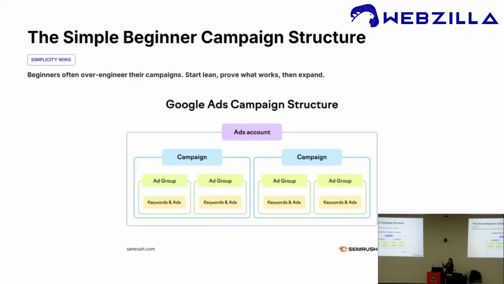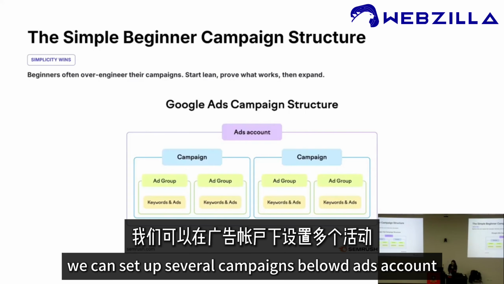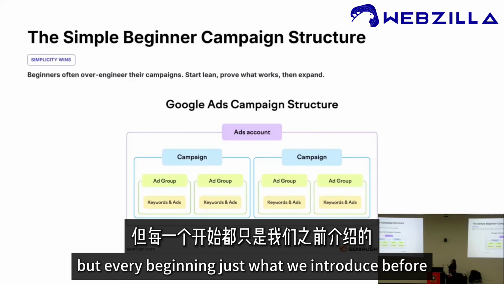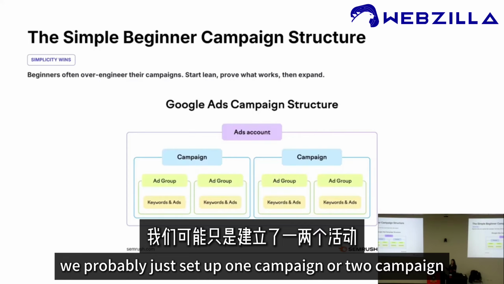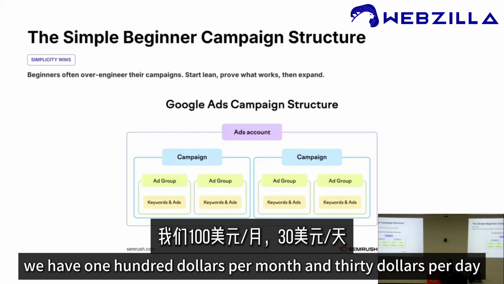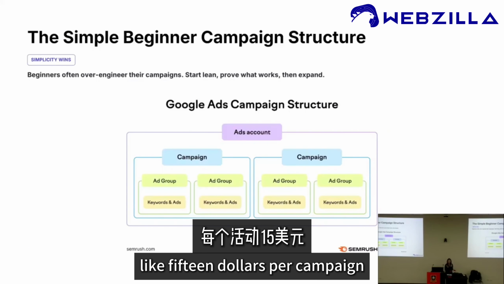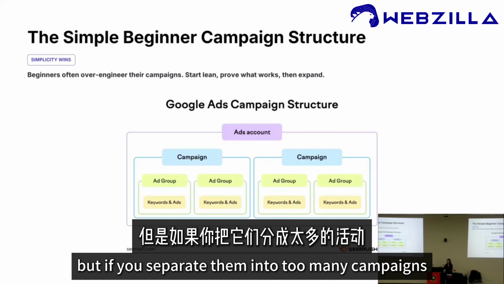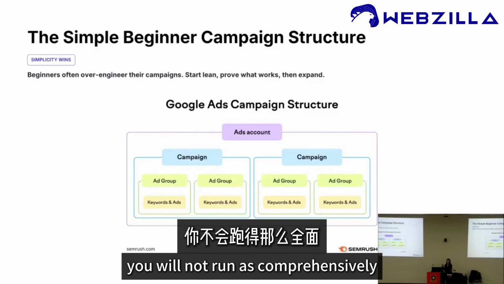For example, the audiences. So the second part is inside this account, we have the campaigns. We can set up several campaigns below the ads account. But at the very beginning, just what we introduced before, simplify will always wins. We probably just set up 1 campaign or 2 campaigns. For example, we have $100 per month and $30 per day. We probably want to separate them into 2 campaigns, like $15 per campaign. But if you separate them into too many campaigns, like only $2 per campaign, you will not run the ads